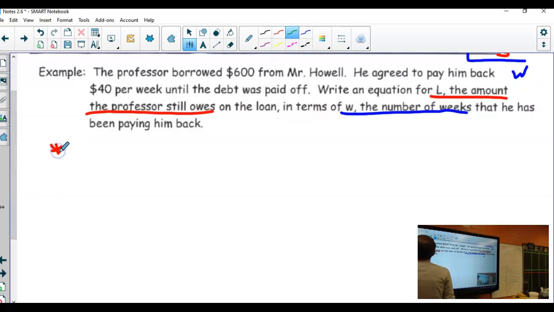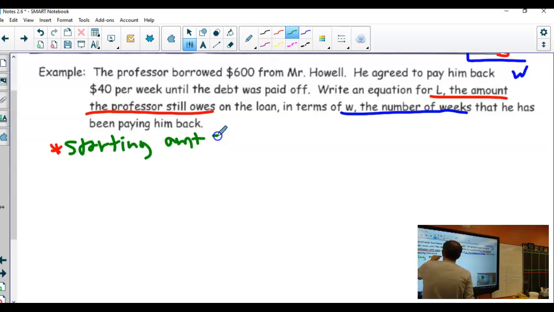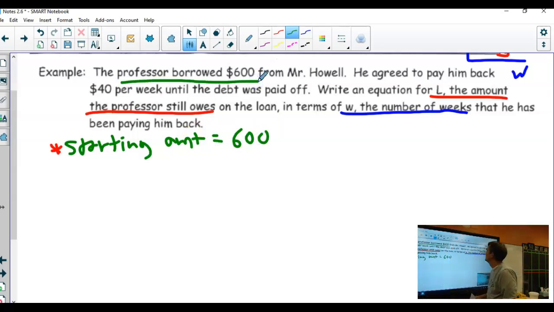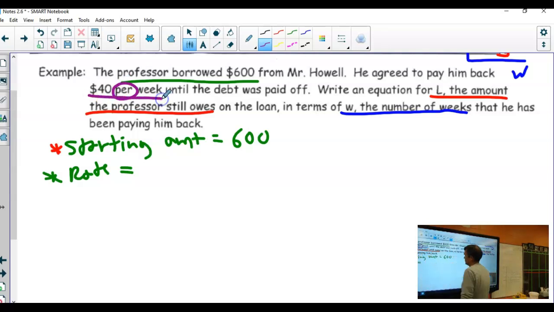We know, oops, I want to do that in green. We know that the starting amount, what is the starting amount of the loan? Well, the starting amount is $600, right? We got that right here. Borrowed $600. And what is the rate that he is paying him back? You know, often rate will have this key word right here, per. That per tells you it's the rate. And he's paying him back $40 per week. So the rate is 40, but